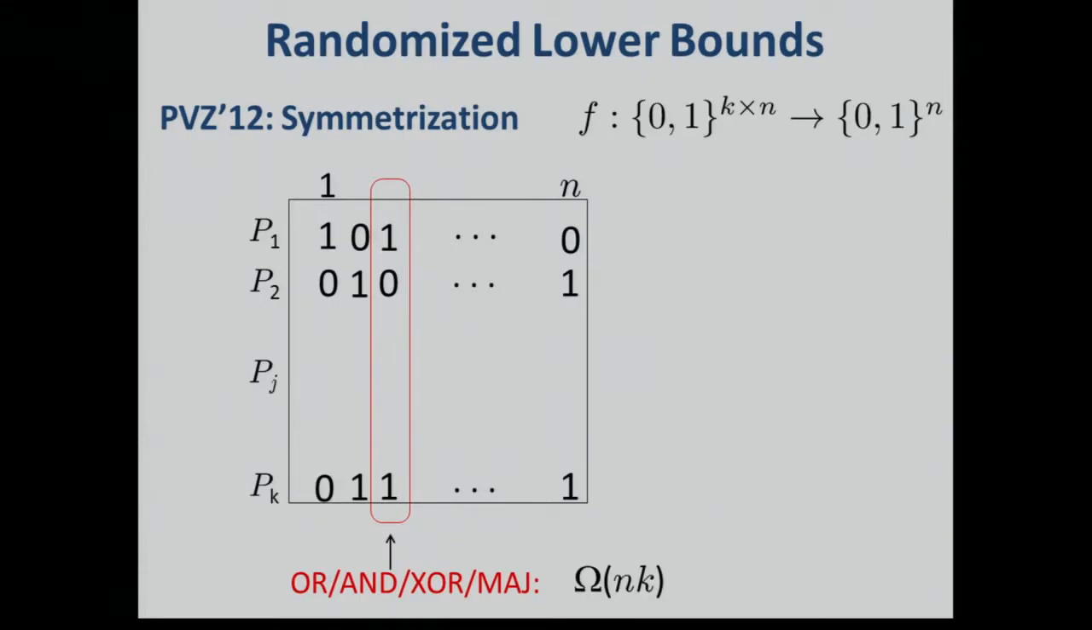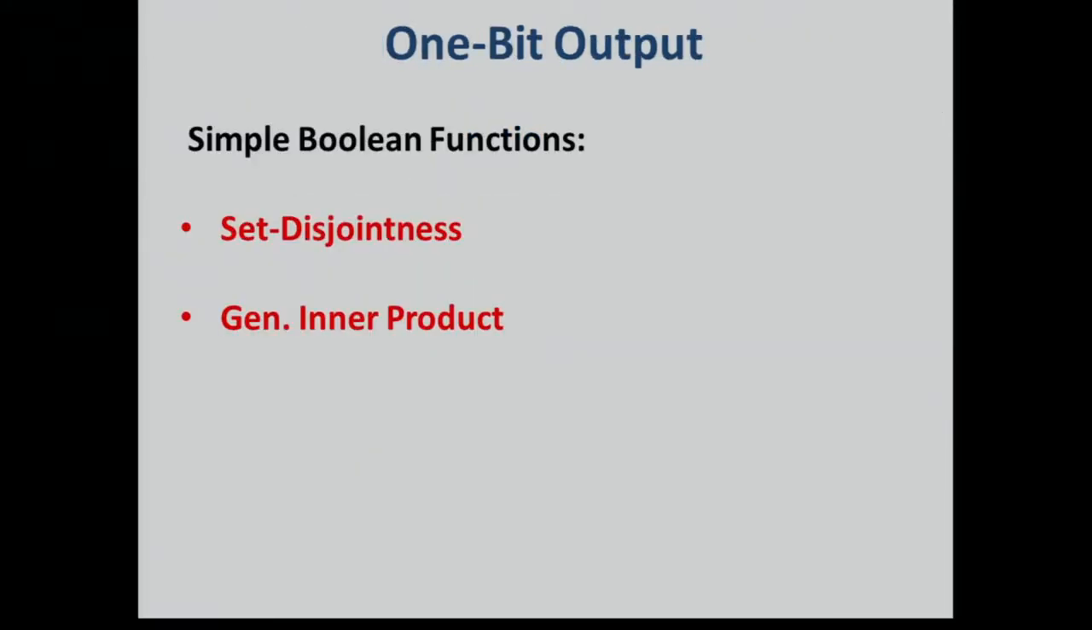And for each of these cases, they could show using this symmetrization idea that the lower bound is omega nk. And later, Woodruff and Zhang, in subsequent papers, built upon this idea. And in fact, they proved lower bounds, as we saw earlier today as well, for Boolean functions, which still match this omega nk. However, for simple Boolean functions, like let's say set disjointness, so here I'm talking about the k-party